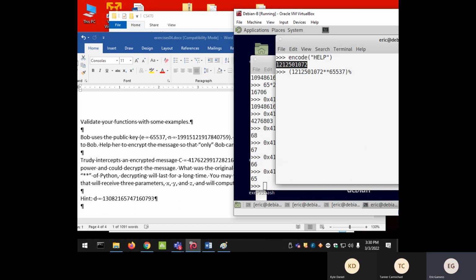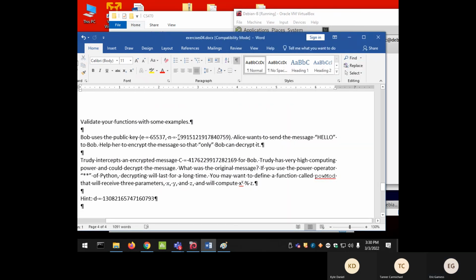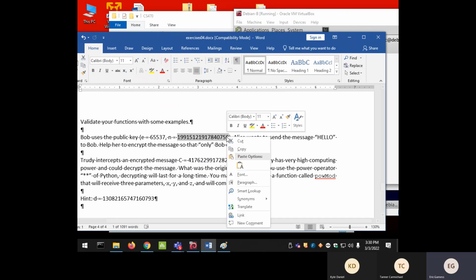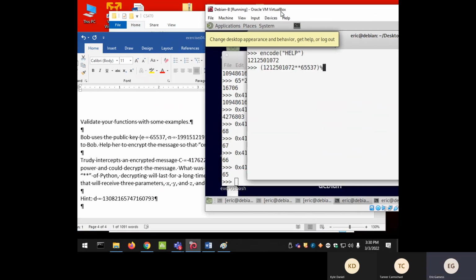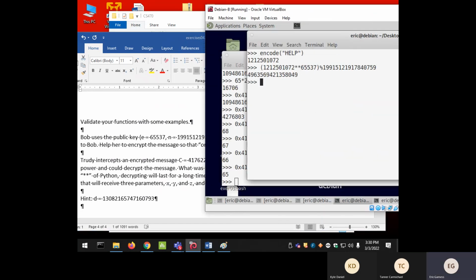Modulus n, which is the modulus, this big number. I'm just going to copy it. Modulus this. So this is what she has to send. She has to send on the network this integer. Okay, do you agree? So let me do it maybe easier. I'm going to put E is 65,537 and the modulus is